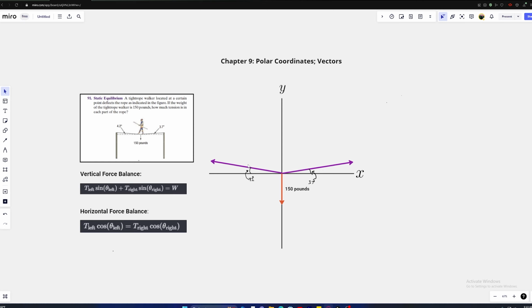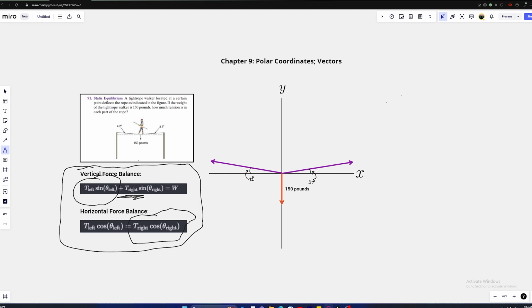substitution, which this way is a little bit more complex, but you'll still get the same answer from the first method. For this, we're going to use these two equations right here. Like I said before, at equilibrium, the vertical forces are going to equal the weight. The horizontal forces are just going to equal each other. With the horizontal force, what we can do is set it up where we can substitute the tension to the right here and substitute into the tension to the left for the vertical force equation, so we can solve for